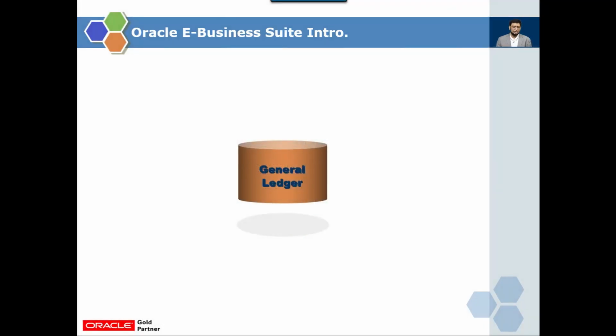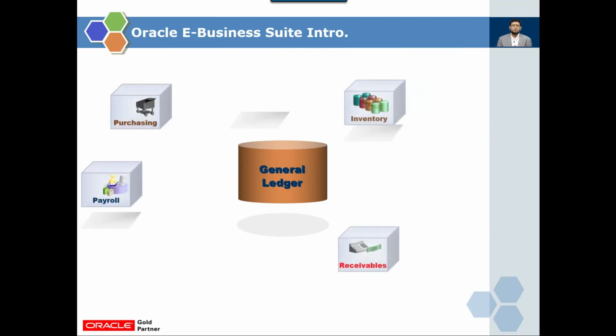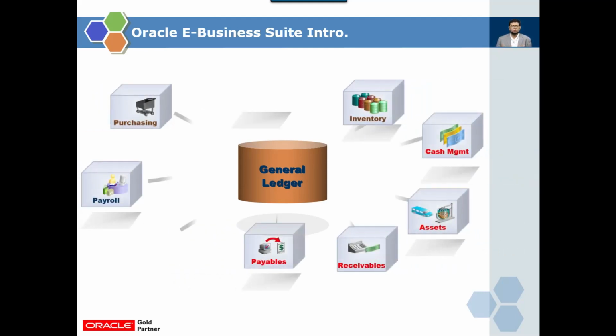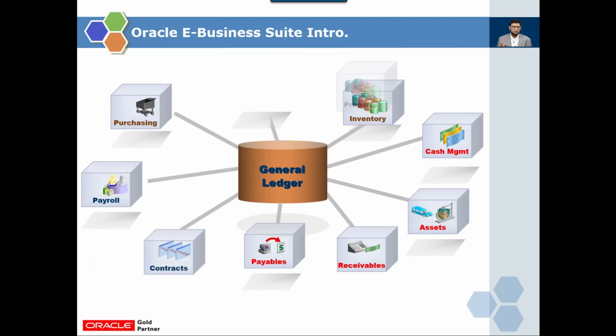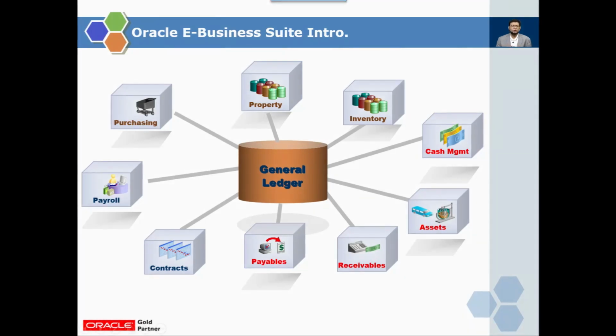Now in Oracle E-Business, there are many modules. One module is called General Ledger. General Ledger is a central repository for Oracle E-Business, which stores all your accounting information. Normally the General Ledger module is used for financial reporting. Business management and the accounting people generate financial statements like the income statement and balance sheet from the General Ledger module.